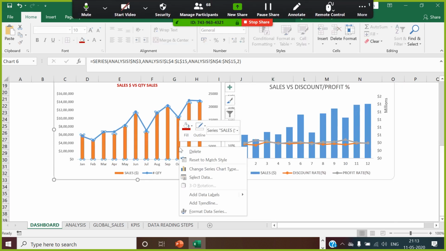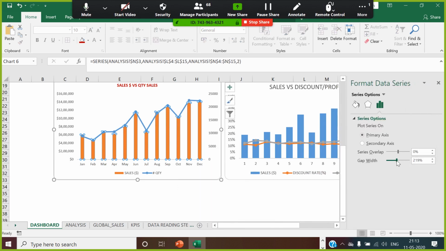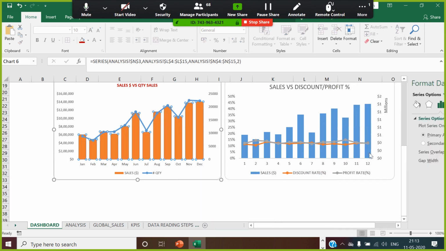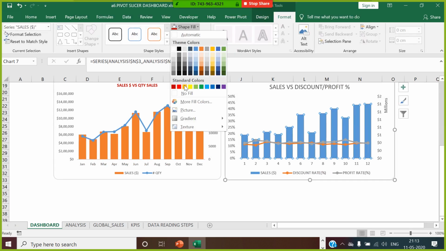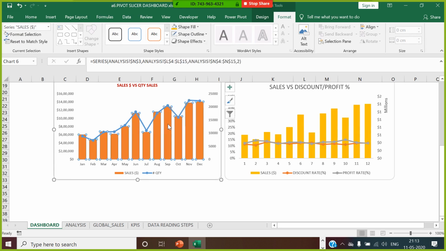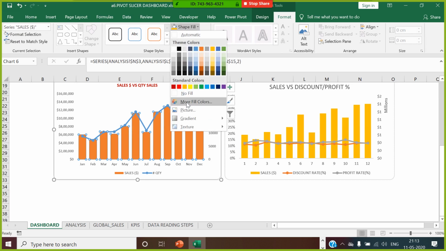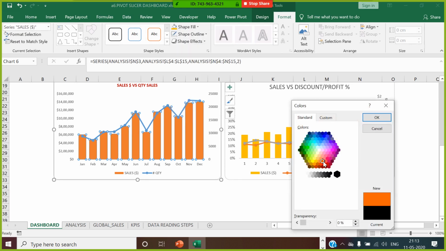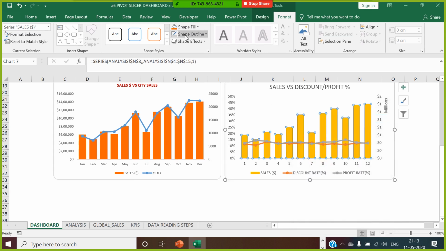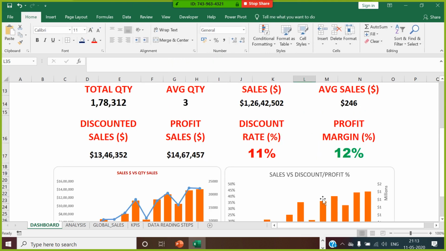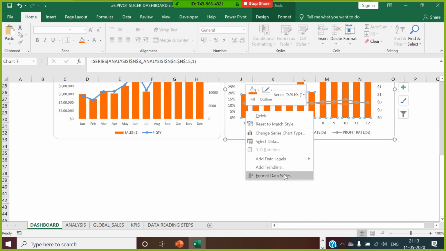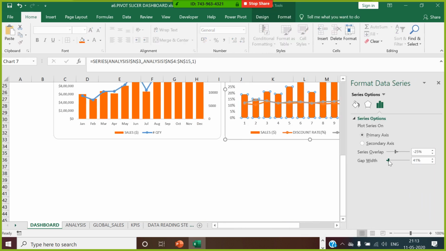So what I choose here, right click, go to format data series, reduce the gap width as much as you can. Same thing over here, select this bar, also make the background orange color or the same color as what you have selected. If you go to this and go to the format axis, you select this format. This is okay. Now for this also, go to format, make the same thing, right? And right click on this, go to format data series, reduce the gap width.